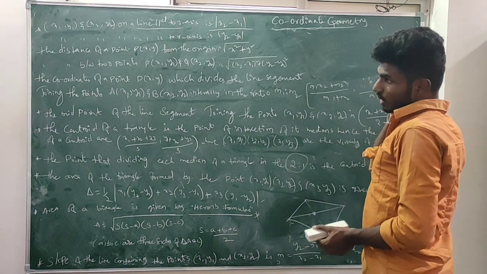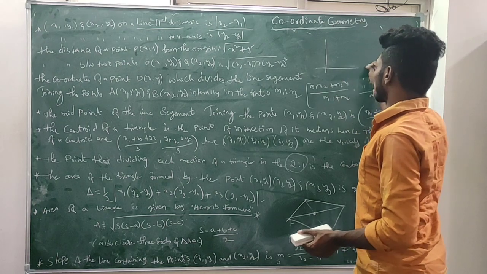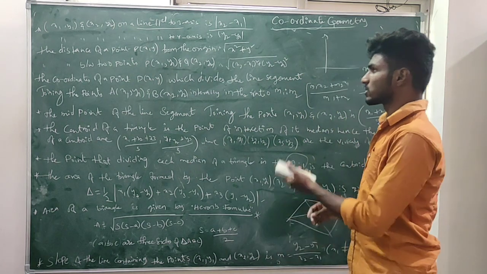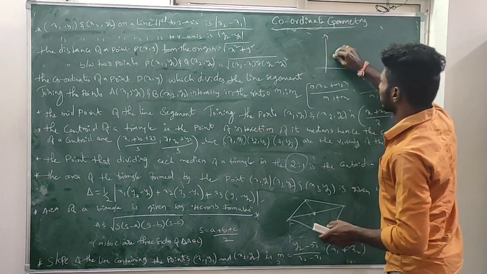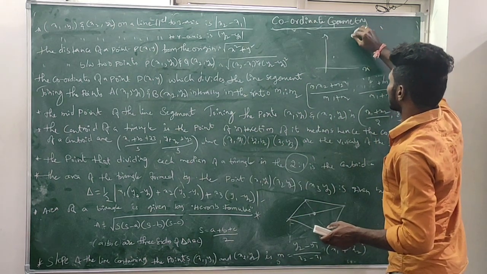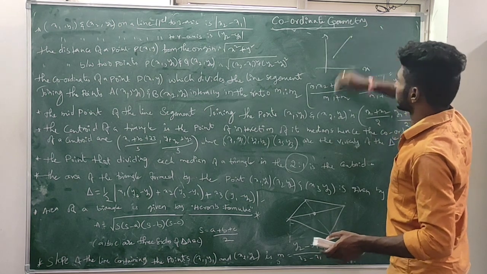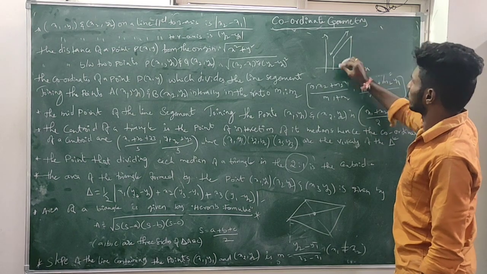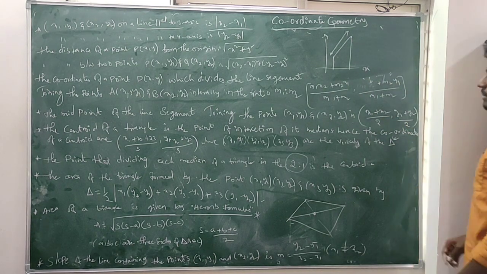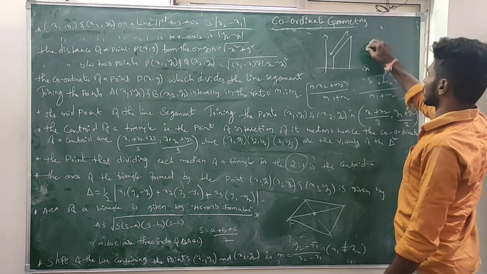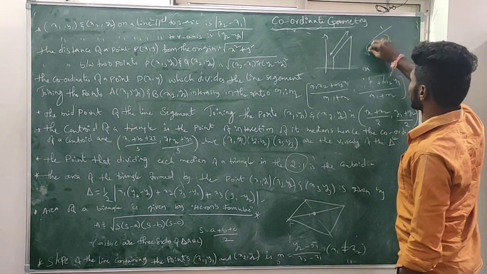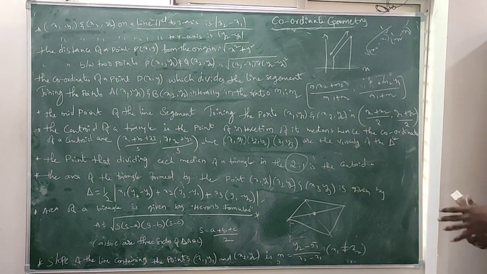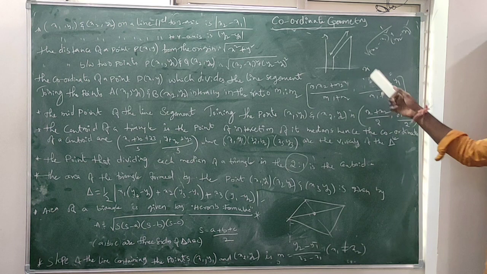Now, in the same way, you have the plot x and y, and the line is not parallel and it is not starting from the origin. Your first point is here and your second point is somewhere here. Now you want to find the distance of this line. What you will do is under root x2 minus x1 whole square plus y2 minus y1 whole square. This is the formula to find the distance for such type of problems.